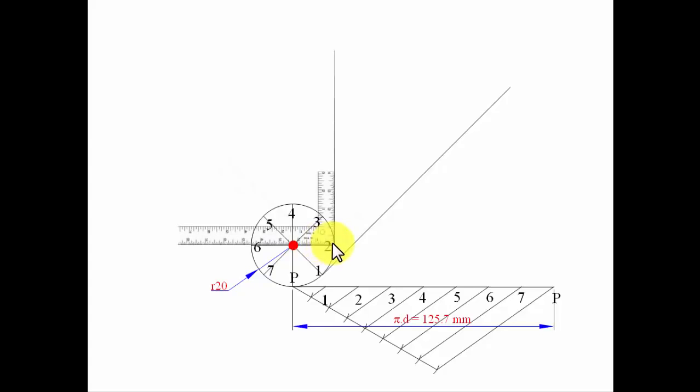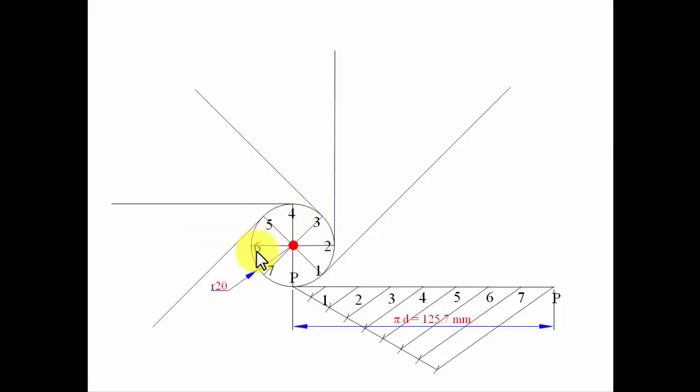It's self-explanatory. So keep on doing so for points 3, 4, 5, 6, 7, and you don't need to do this for point P. At point P this line automatically qualifies as a tangent. Moving ahead, now you need to keep track of this point P